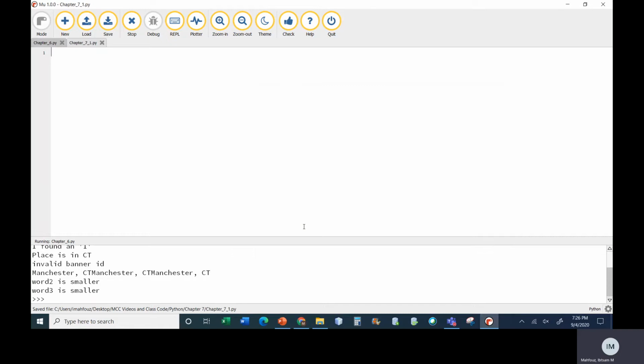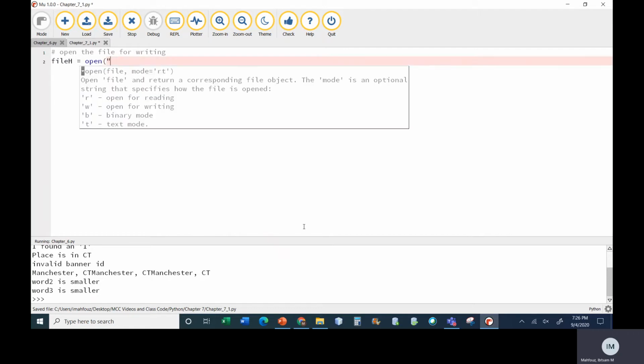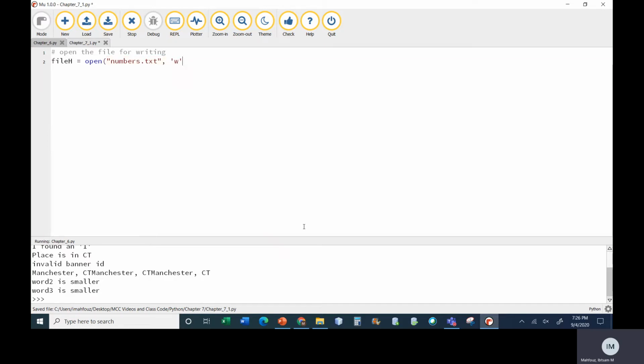So the first thing is I'm going to open the file for writing. Let's say file handle equal to open. And I want to create a file called numbers.txt, and I want to write to it. Okay. And then I want to write some numbers, or actually let's call it pets. And I want to write to it, so I'm going to go to file H and say I want to write